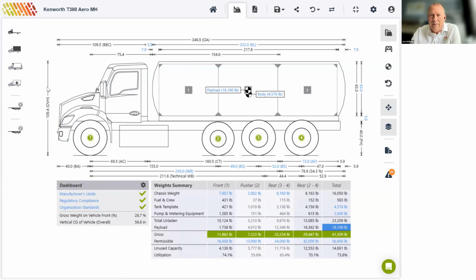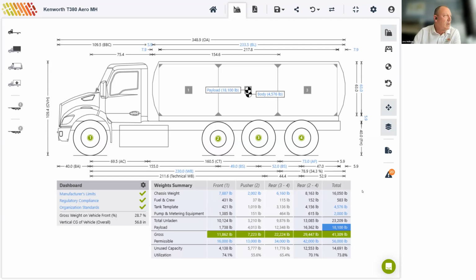It's not maximizing the payload because you've got those tank compartments, but it's calculating the distribution over the pusher and overall as well. So we do those pusher and tag calculations. I think those are the only two things that were outstanding, unless there's